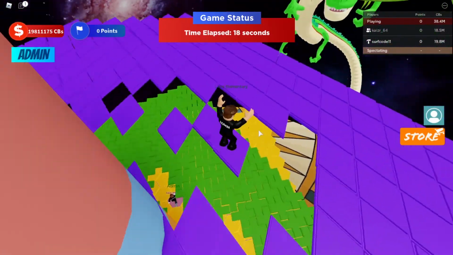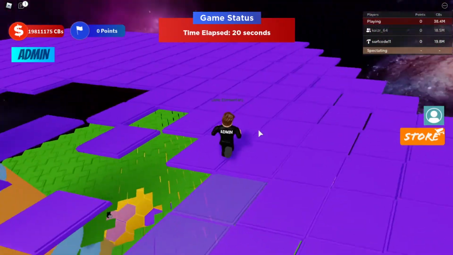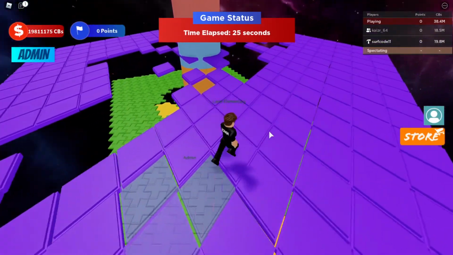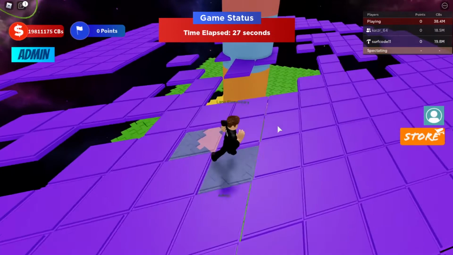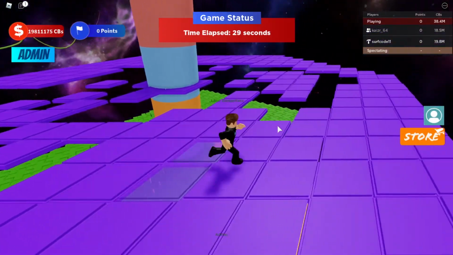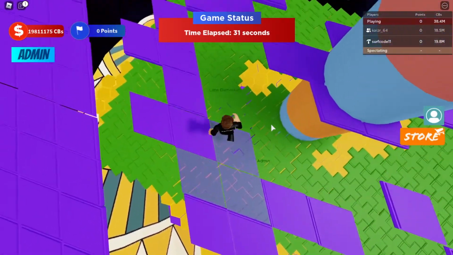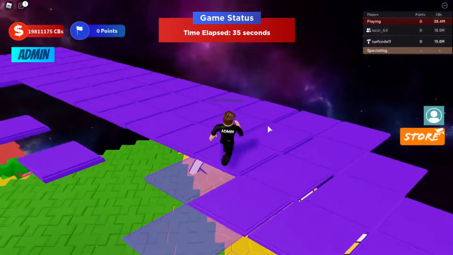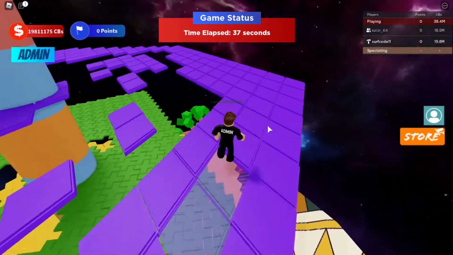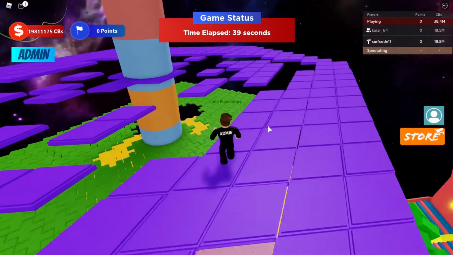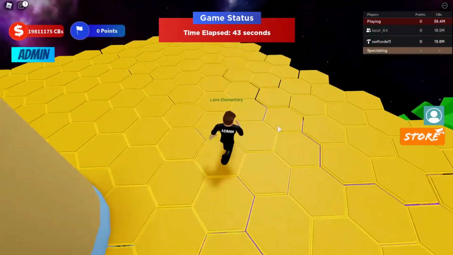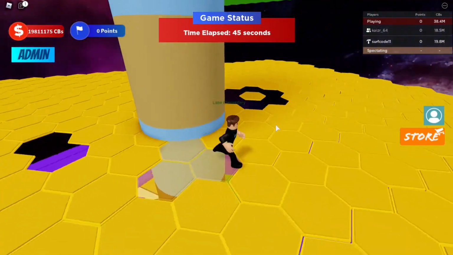Yeah, so in this game, the objective is to keep moving because every tile that you touch will disappear in, I think, about a second and a half. So you have to keep moving. Now, there's only two players in here, but you can imagine that with more players and more tiles being covered at the same time by other players, it gets a lot harder as time goes by. All right,